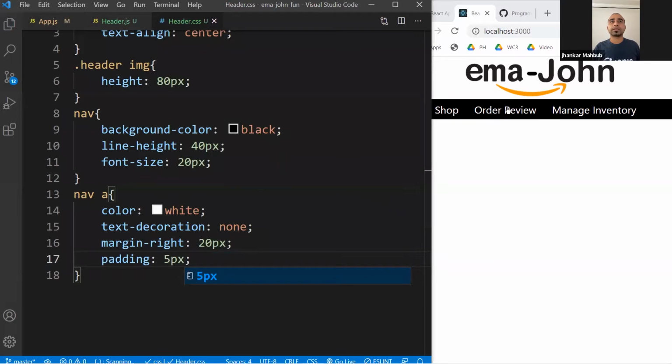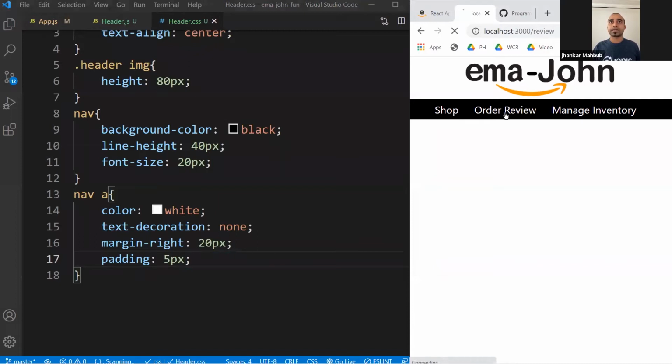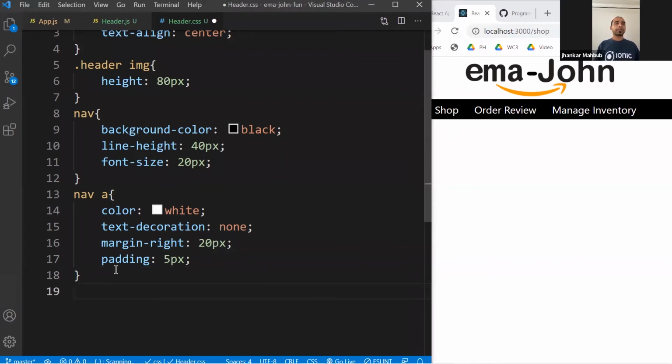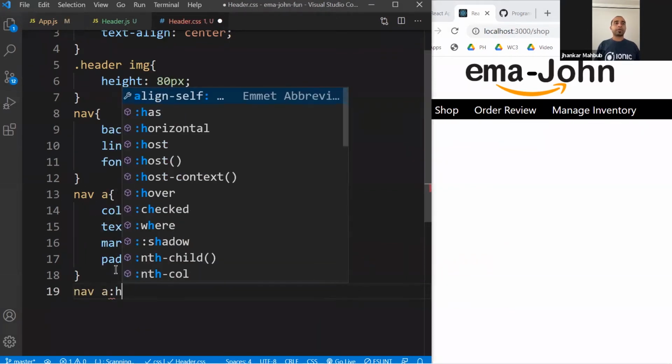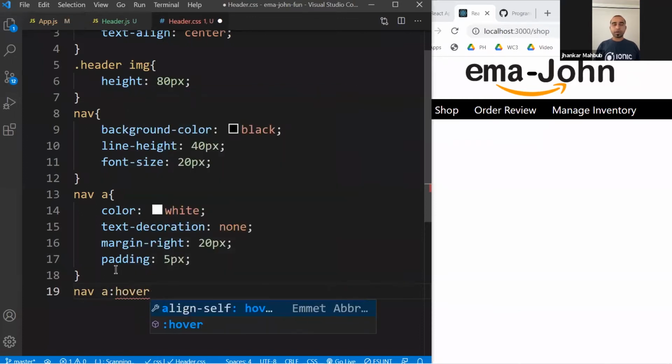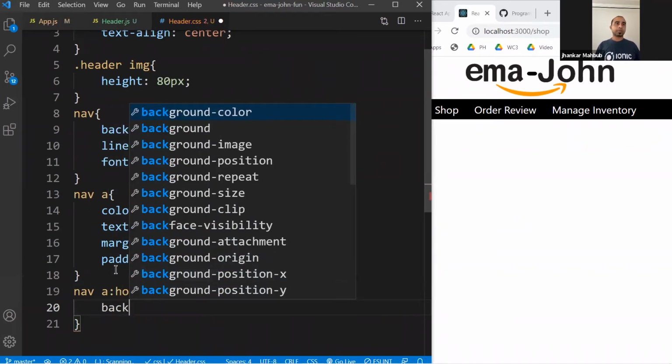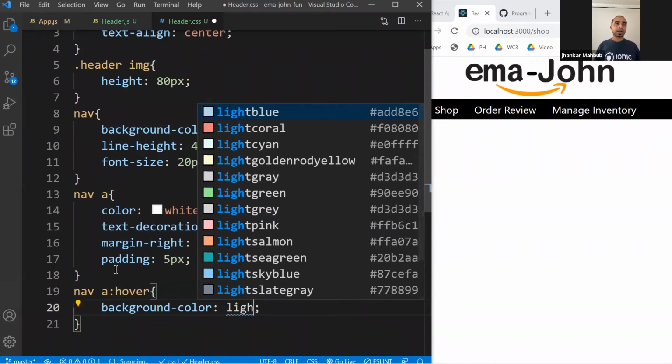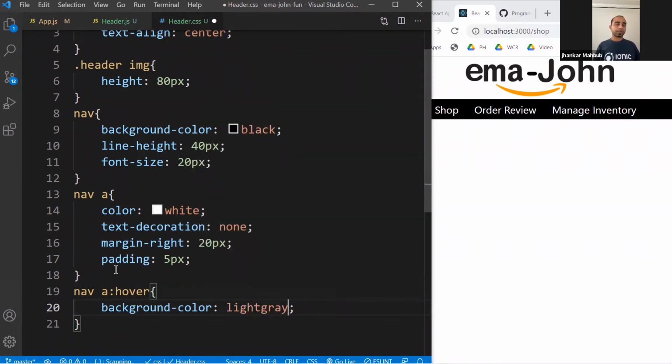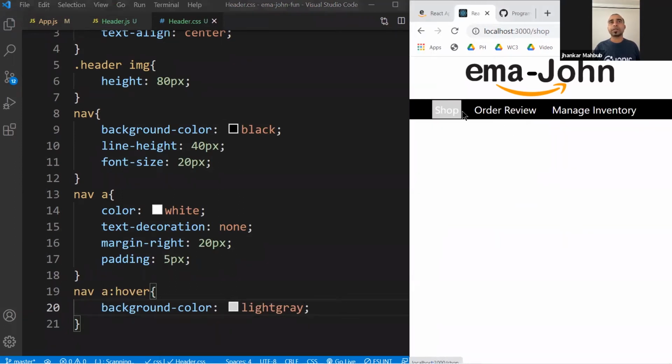So this would be something like this, but it doesn't look like something you can click. Even if you click on it, you will see this route will change. So if you do this, it will change, this will change, this will change, but it doesn't feel like you can click on it. And you can easily fix it. This would be a nav. Inside nav, if you have any anchor, you want to do some hover style. Hover style is that if you hover on it, it will add a background color. So this background color would be, say, a light, maybe light gray. I'll put something like this. And if you do this now, if you hover, it looks like you can click on this, and then if you click, it will go somewhere.